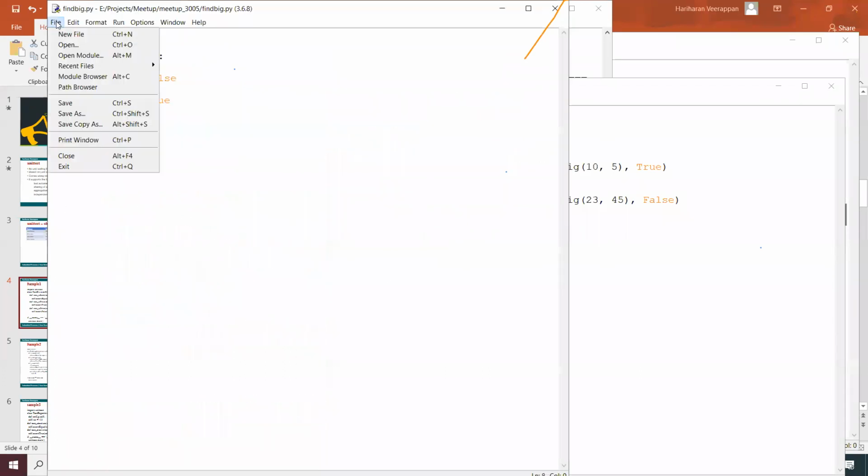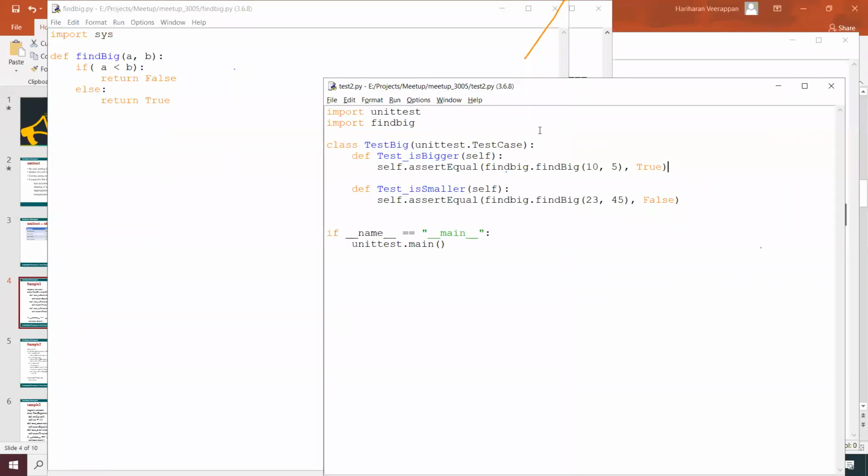I just saved this as meetup 3005 and this one also meetup 3005 over here.